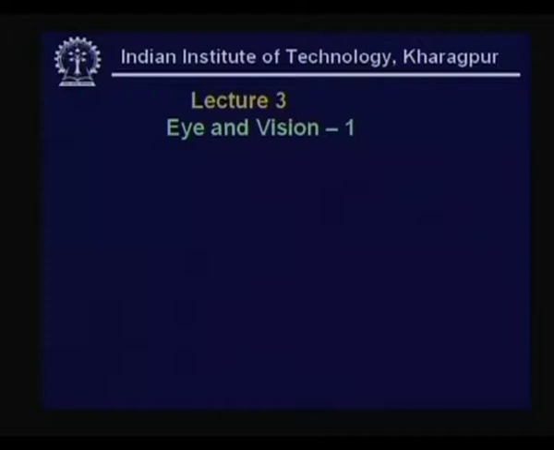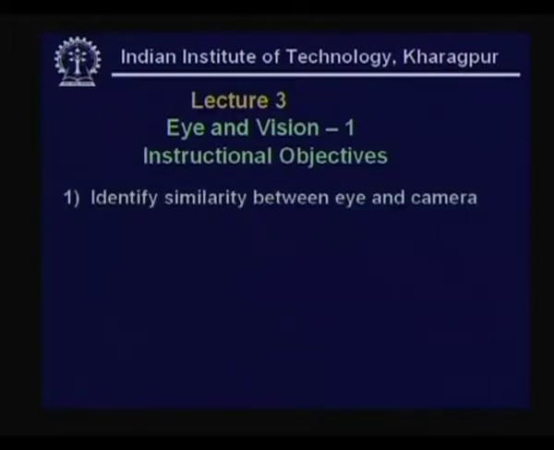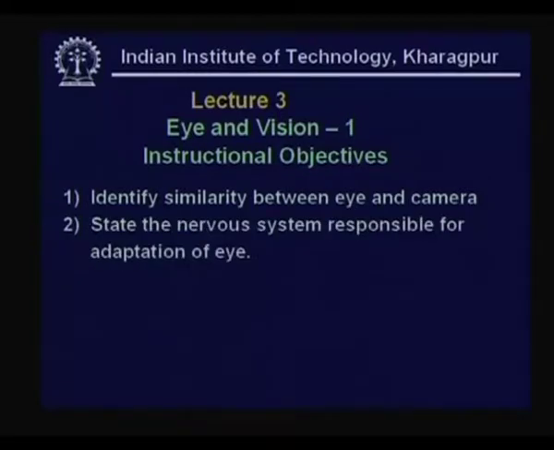Welcome to this third lecture on Illumination Engineering and Electric Utilities. This lecture is titled Eye and Vision 1. The instructional objectives for this lecture are to identify similarity between eye and camera, to state the nervous system responsible for adaptation of eye,